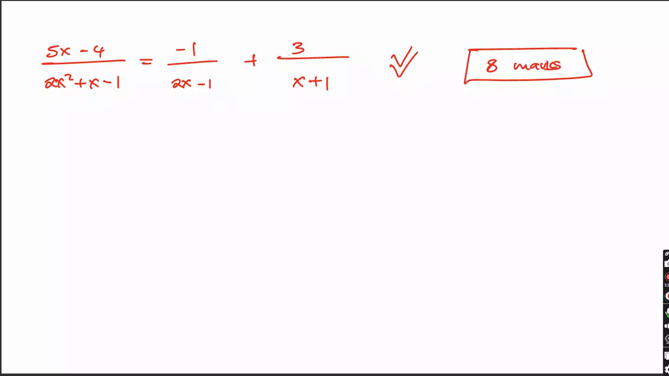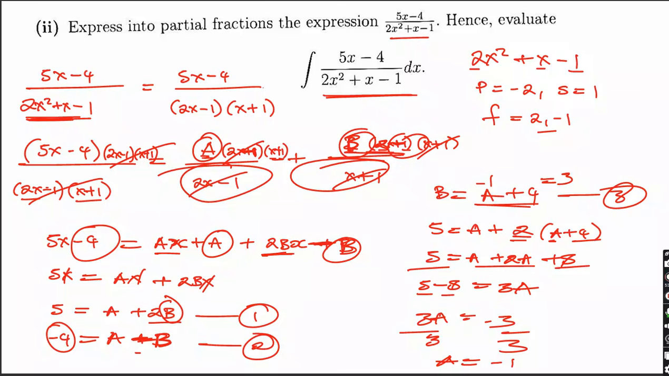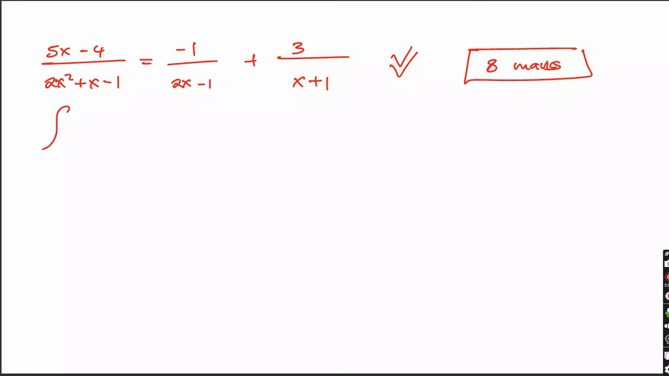If you go through past papers, you're going to confirm that. So after that, now we need to find the integral. This one, we need to find the integral of 5x minus 4 over 2x squared plus x minus 1. We need to find the integral, which is very simple, because when you look at this, it's just the